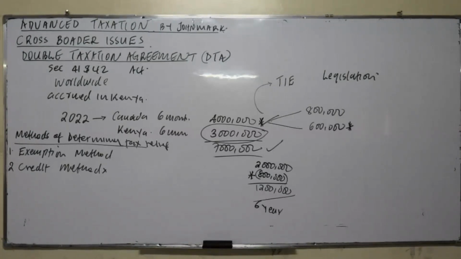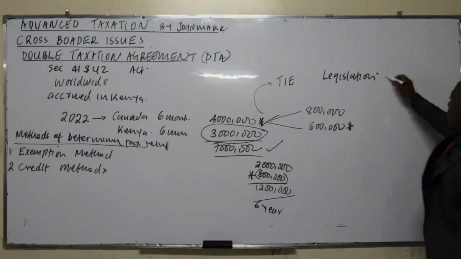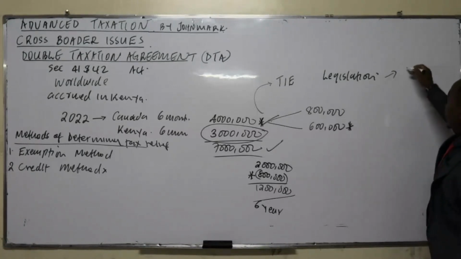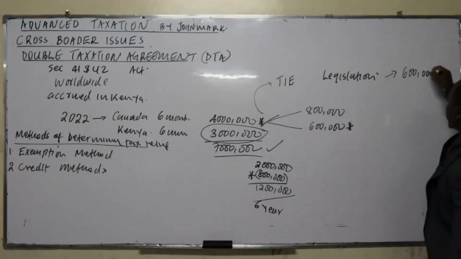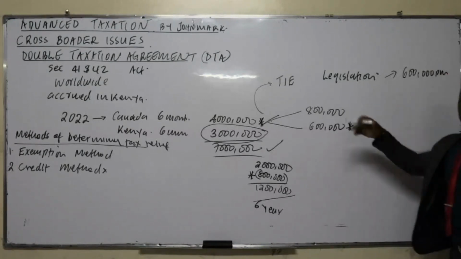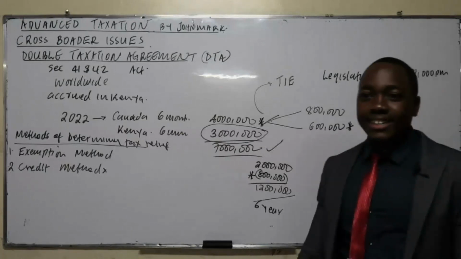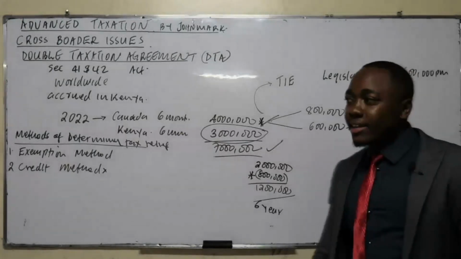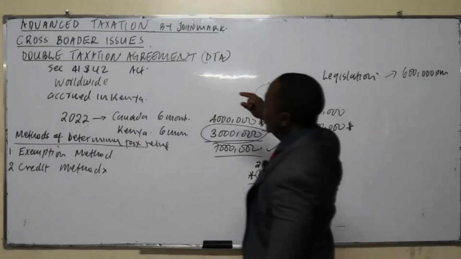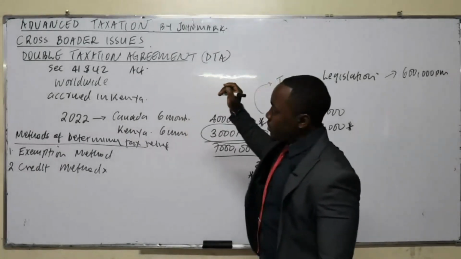Anyway, now assuming that you go to work in that country, where you are earning, let's assume, 600,000 Kenyan shillings per month. Then you are taxed in that country. And then when you come back to Kenya, the KRA taxes the same income at the same rate of 30%. How will you feel? You ask yourself, when have I been working for the government? But to minimize that problem, what happened?